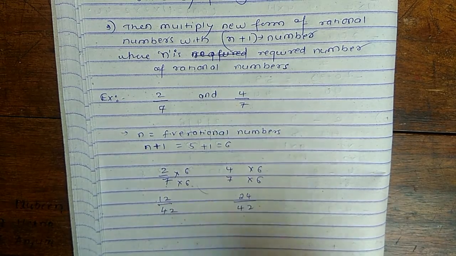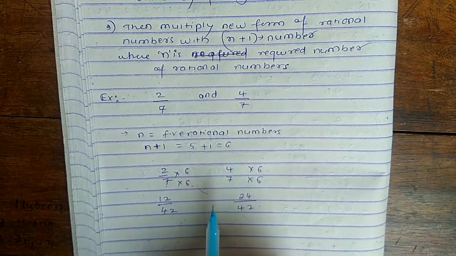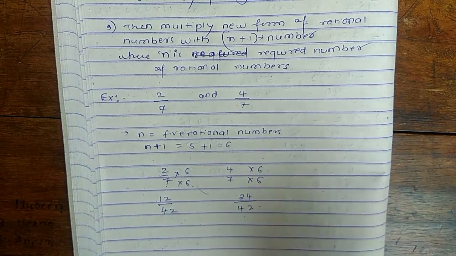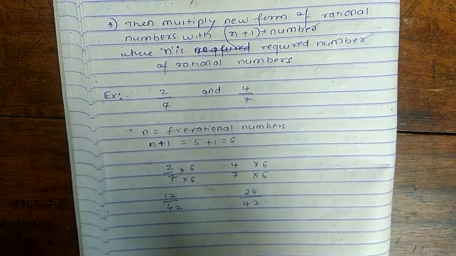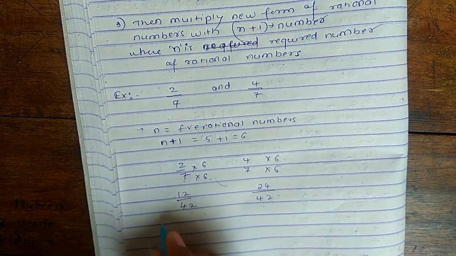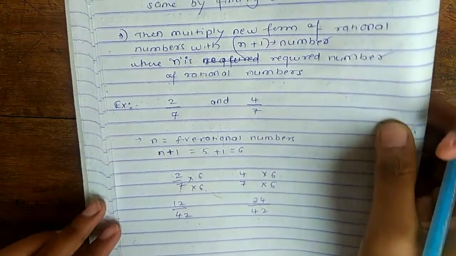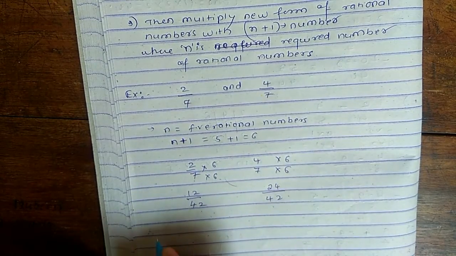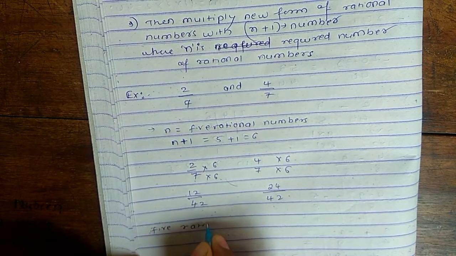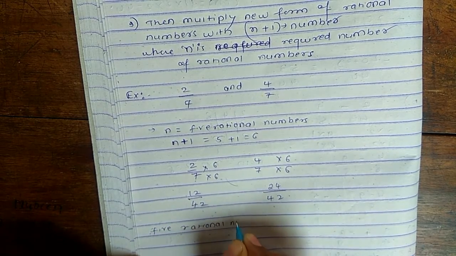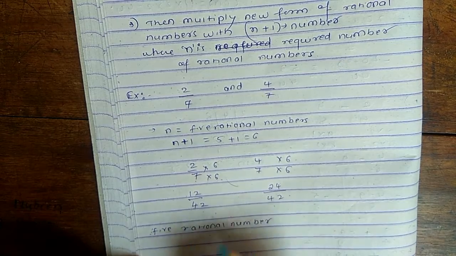After 12 we have 13, 14, 15, 16, 17, till 23. We have many rational numbers. In that you can pick any 5 rational numbers and write the answer. So therefore, 5 rational numbers between